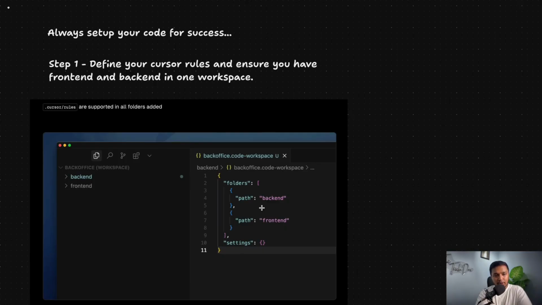So if you are using Cursor, there is a file that you can create .cursor/rules where you can easily define your folder path. So Cursor can understand when you are talking about backend what you are talking about, when you're talking about frontend what are you talking about. So let's say if you are using only one code base, let's say some Next.js template, then you don't need to do this. But if you have a separate backend, let's say you are making backend in Node or Python or frontend in React or Next.js, then you have to put them into one place.